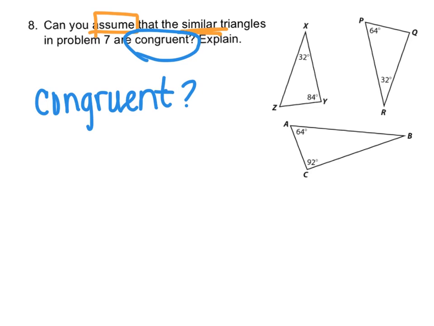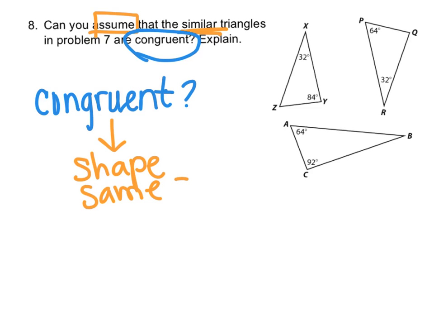I already know they're similar, but just because they're similar, does that also mean overall all the triangles are congruent? And you guys told me congruent means it has to be the same size and shape. They have to be exactly the same size and the same shape. So just because the angles are the same, does that mean the length of the sides are the same? No. So I cannot assume